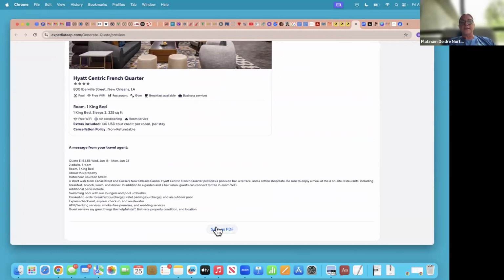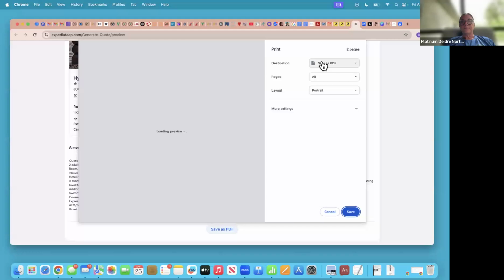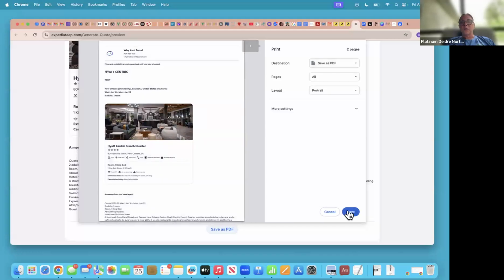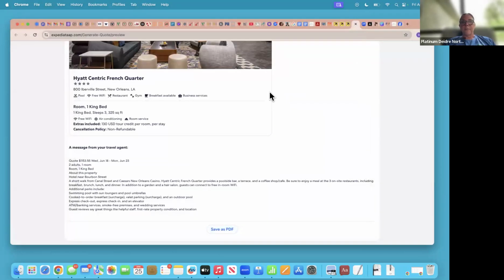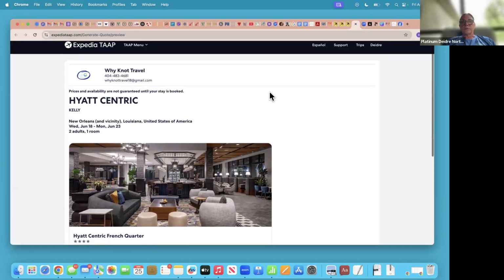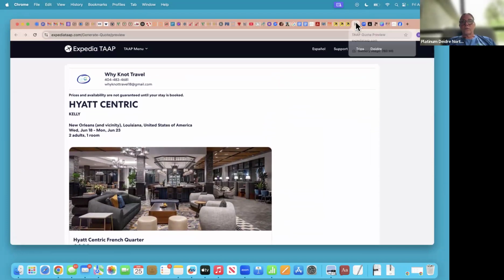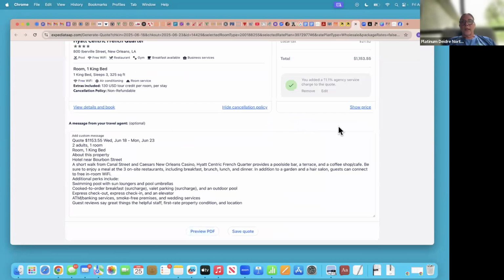So here, if I wanted to save it as a PDF, this is what you could do. You could save it. I'm going to save it as, so I know what it is, and then hit save. Now, if you were to leave it to where it said show price, and you did it this way,